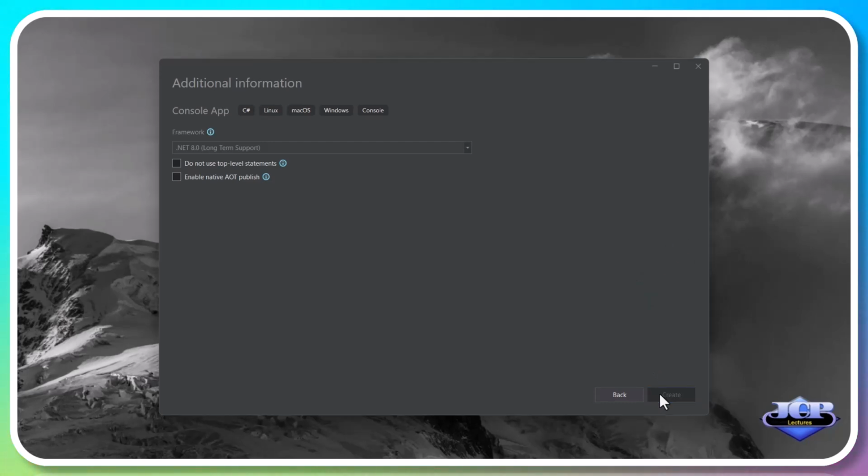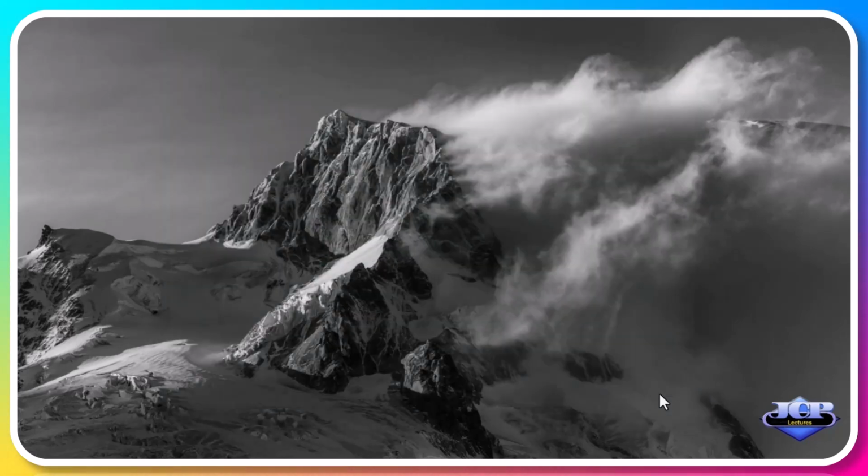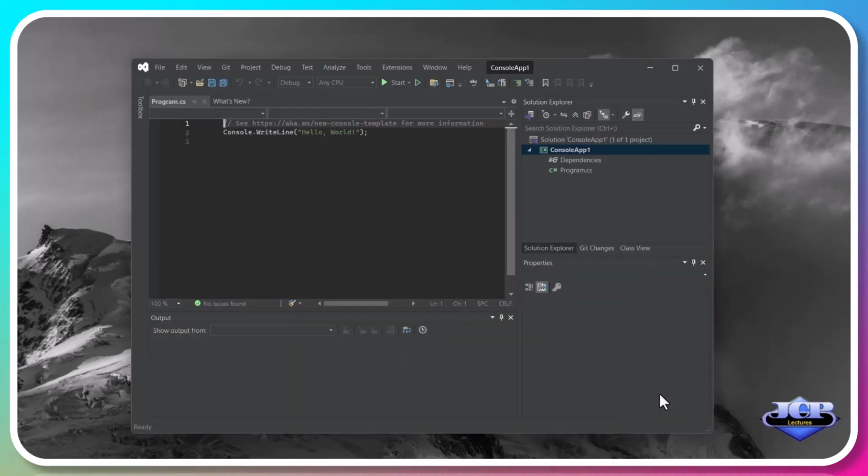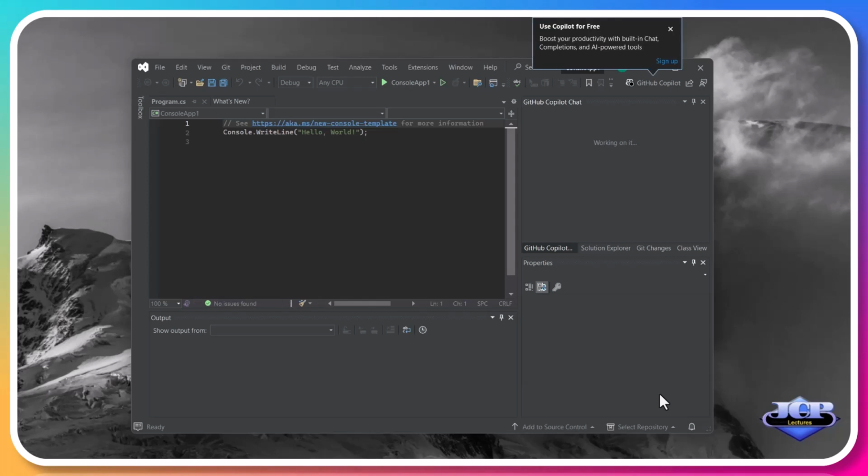And finally click Create. Visual Studio 2022 Community Edition opens your new project with the minimum code to display the message Hello World.